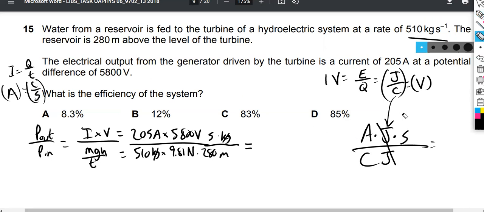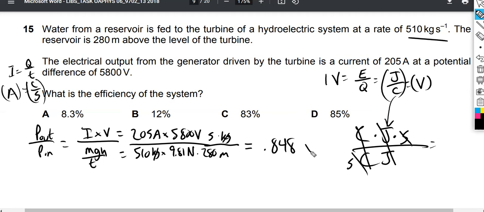So I'm going to plug that in. Amp, coulomb per second. So coulombs cancel, seconds cancel. We're dimensionless, just like we need to be. So remember, when we take this ratio here, we get 0.848. Then the last step for efficiency is multiply it by 100%. That moves the decimal point over 2. Add the percent sign, 85% is your best